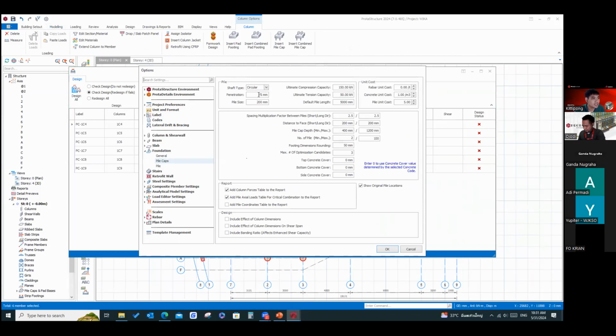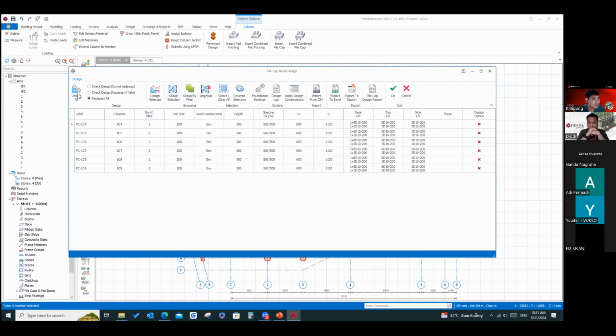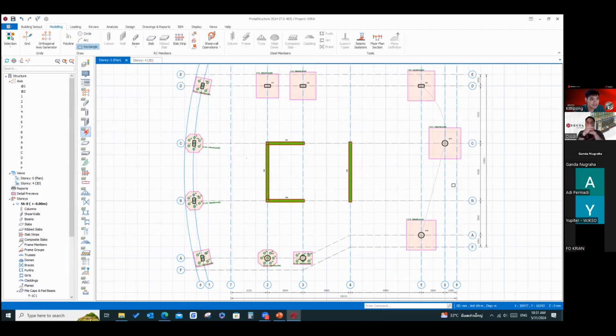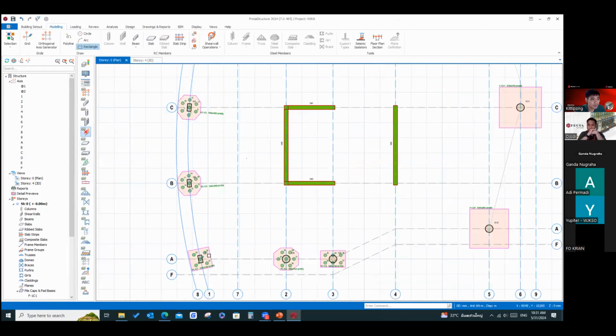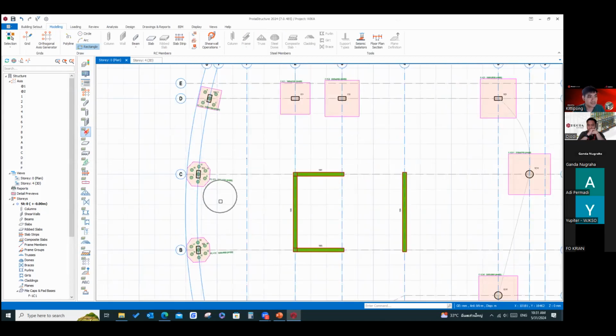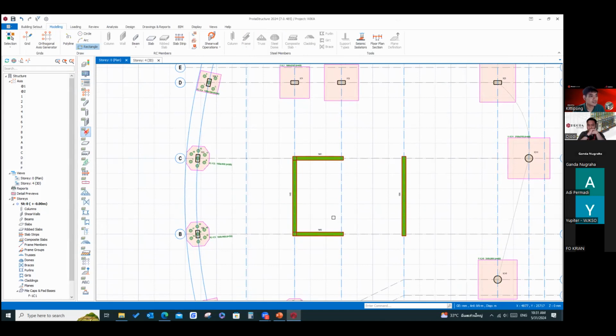This is just input the parameters of the pile, the piling, something like that: pile size, pile capacity, the space between piles, number of piles, something like that. See, it will change the shape of the foundation according to the number of piles.